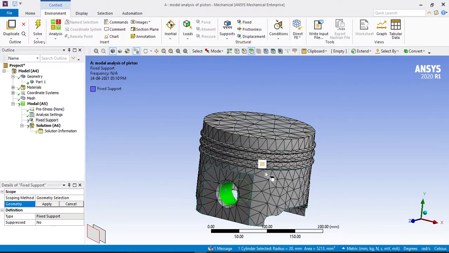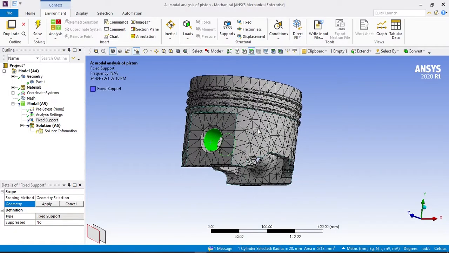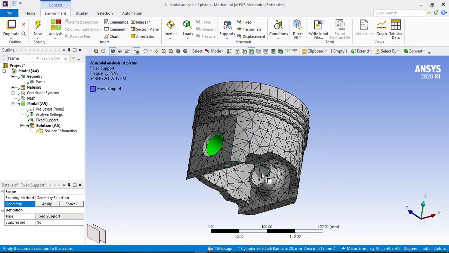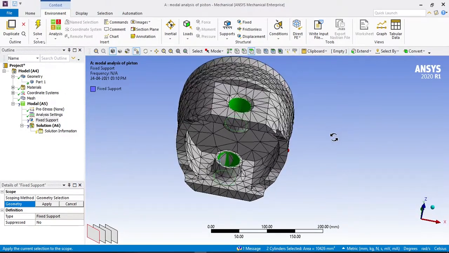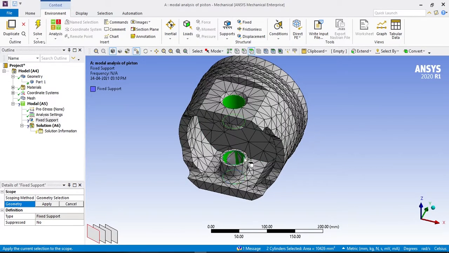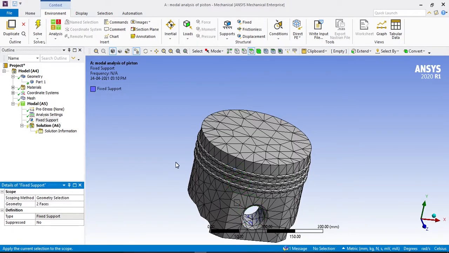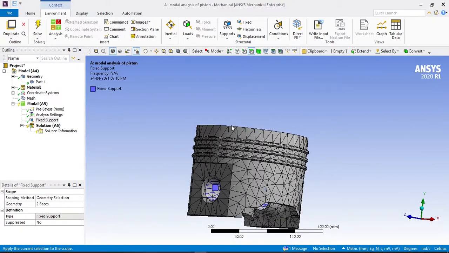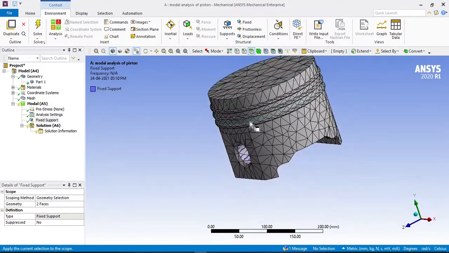One face is this and another one is this face. Now click apply. So these two faces are fixed. Now ask for solution.